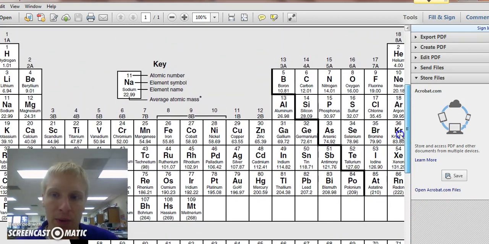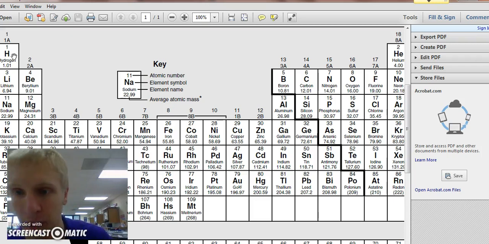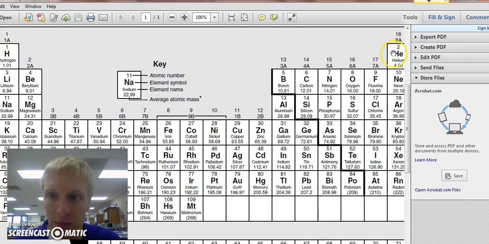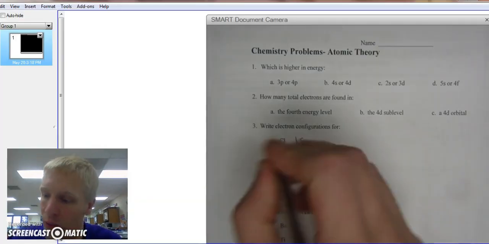Alright, so we want to find chlorine, which is right here, number 17. But according to the Aufbau Principle, we have to start at the first floor before we can build the fourth floor. So hydrogen, first row, S section, so we're going to call that 1s1, and then we go to helium, 1s2. Helium is an exception, it's in the P section, but it's lumped in with the S's. So we're going to write down 1s2,